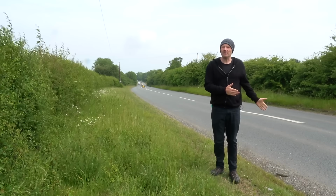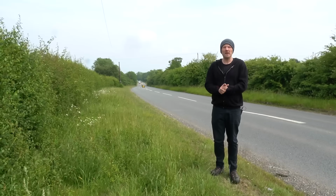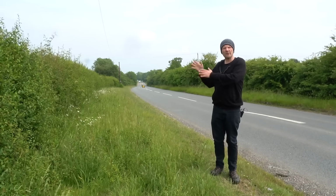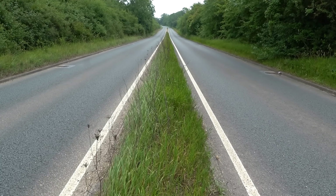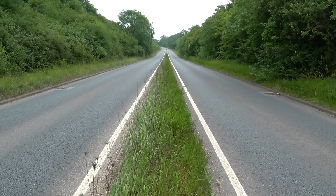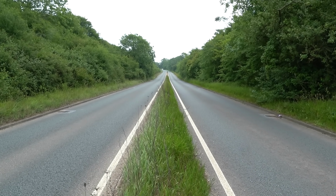Hello, this is Milton Road, and indeed it is a road. But look, can you see how the road sort of dips down into the ground? And hang on a minute, it's a dual carriageway. Why do we need to have two separate carriageways and a road that lowers down in a seemingly quiet area